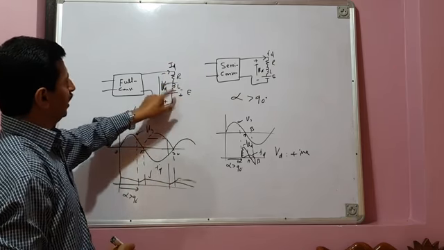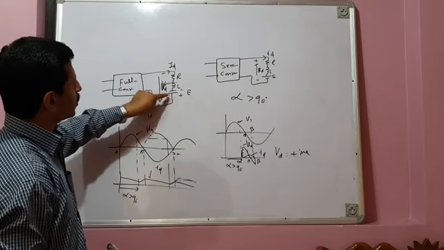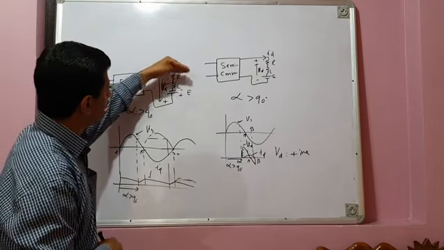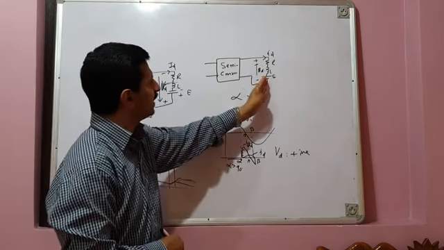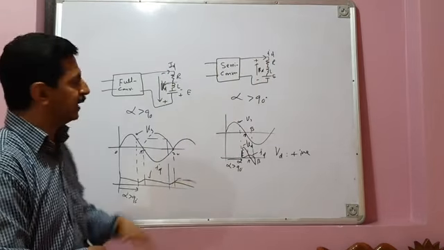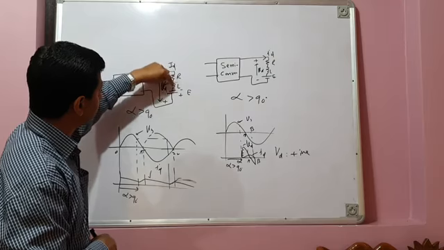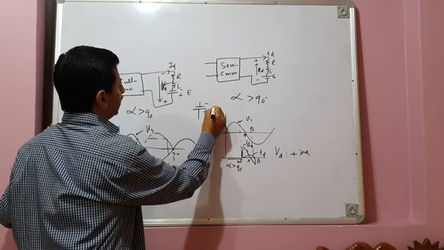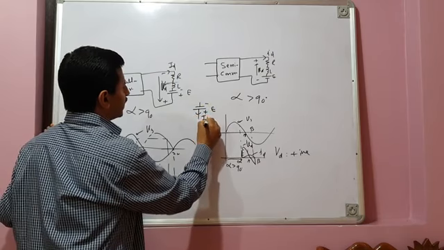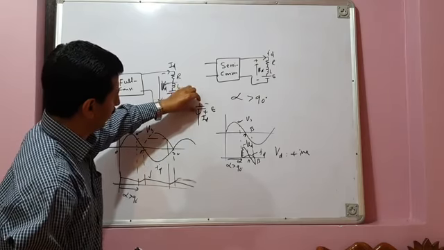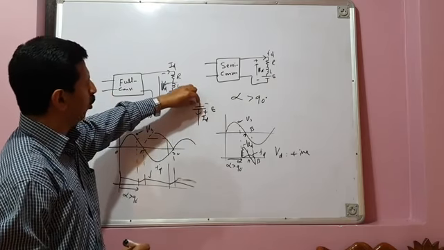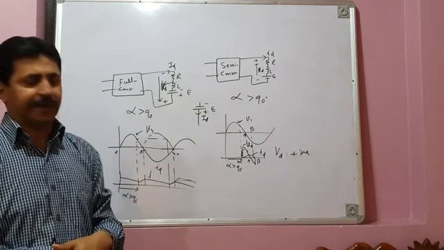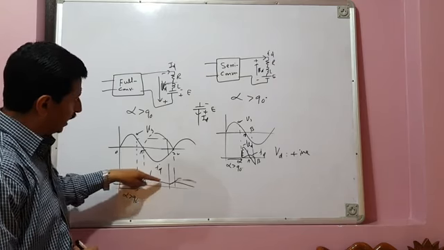Now you can see here you have the source, the load has its own source of EMF, E. And this source of EMF aids the flow of current, whereas in a semiconductor, this EMF was opposing the flow of current. Here, you can see the polarity of voltage is like this, and current also flows in the same direction. That means the load EMF, or load back EMF, or load voltage, supports the flow of current. That's why your current remains continuous.